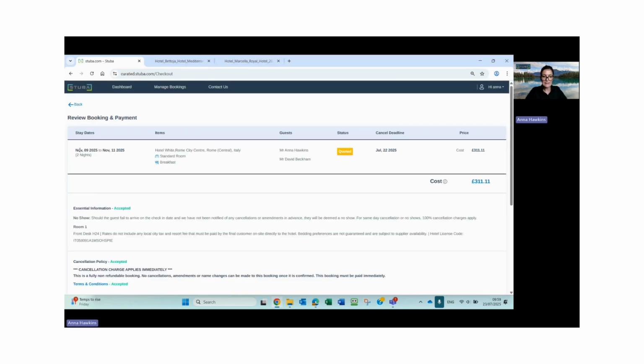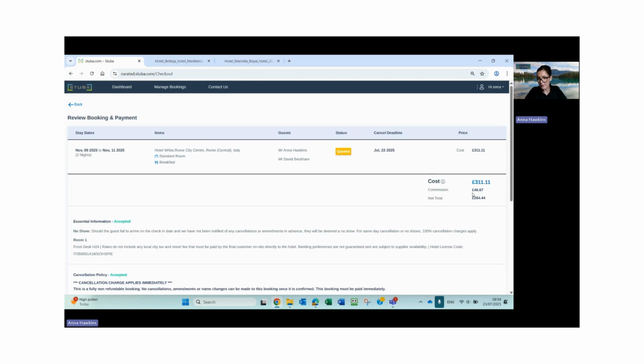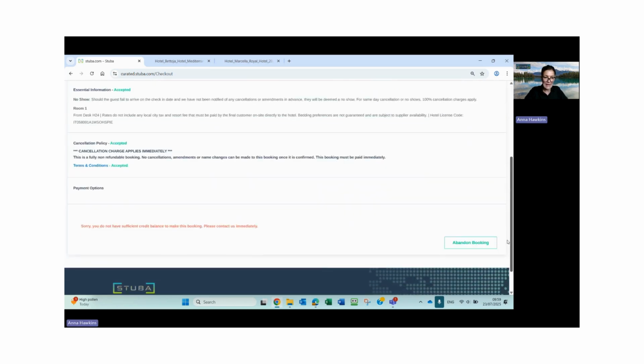Click next, and then this will be a summary of everything you're booking. Like I say, if you're on commissionable rates, this little eye icon here, when you click on it, it will give you your commission value. It's hidden in case you're customer facing, but you can just easily see your commission there. Just check again, and then I won't book it because it's non-refundable, but you would just click confirm booking and